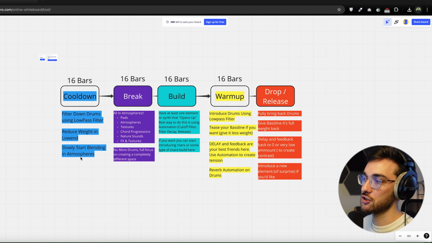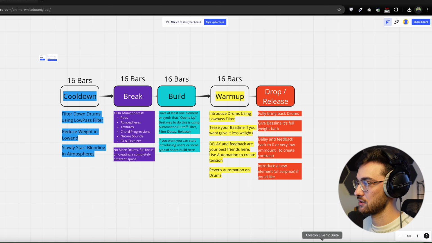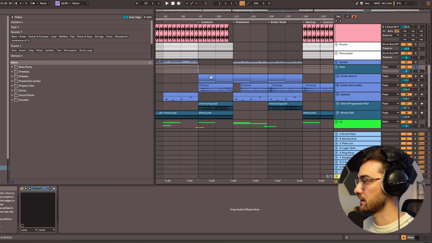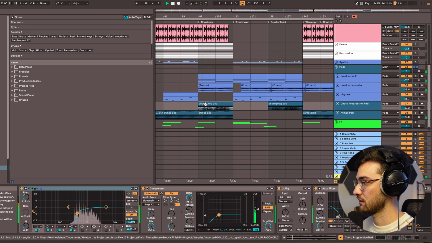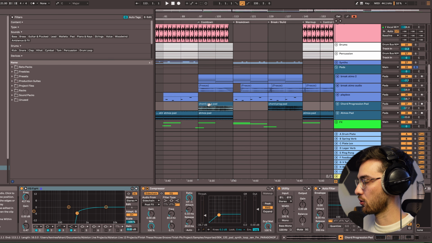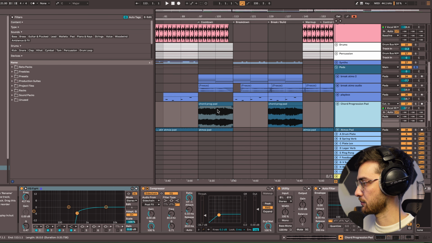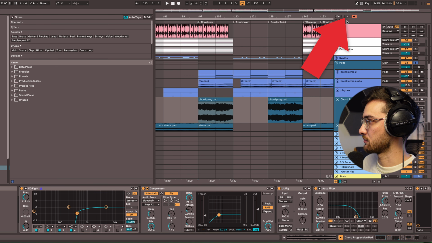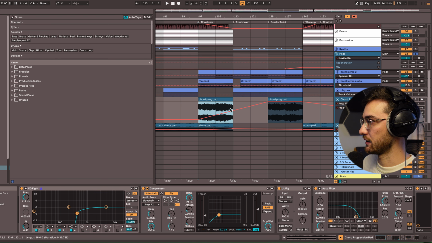And in the cooldown section, you also see that you get to slowly blend in your atmospheres and textures. And you see that's what I've done with these pads over here. I slowly start blending them in. Especially this chord progression pad, which is a sample that contains a chord progression. By clicking the auto filter and heading into automation mode, you see that I slowly blend that in the cooldown